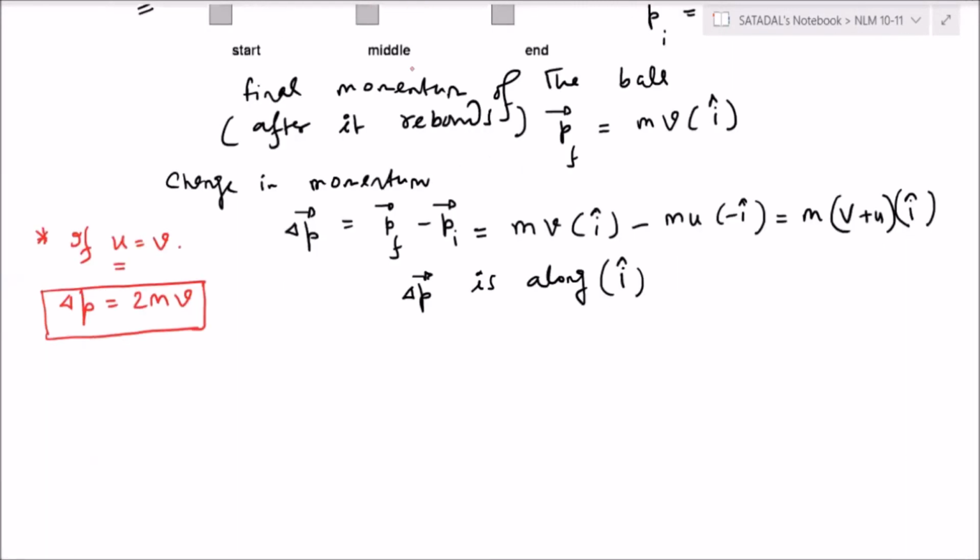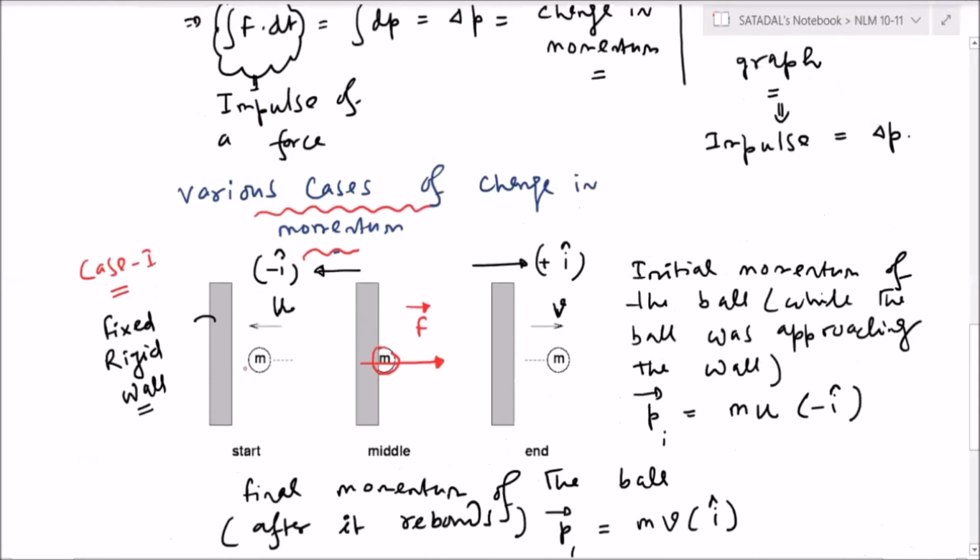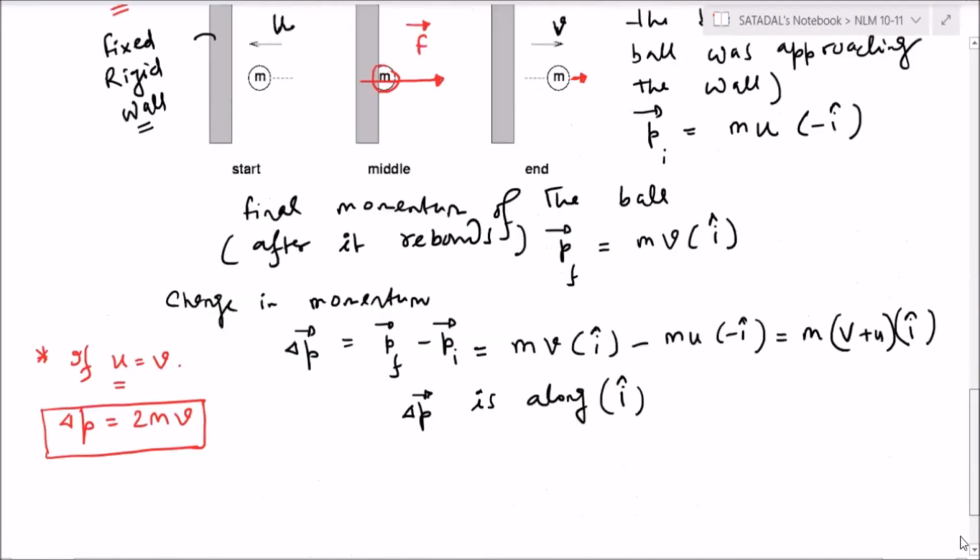Sir, after striking the ball, it goes like a projectile motion, right? No, we are not considering that case. Actually, it is striking the wall and rebounding back in the same direction. Basically, this situation is observed just before collision and just after collision. We are not interested in what happens long before the collision or long after the collision. Correct? So just before the collision, it was moving along a straight line. Just after the collision, it is moving along a straight line. Okay, right? Fine.